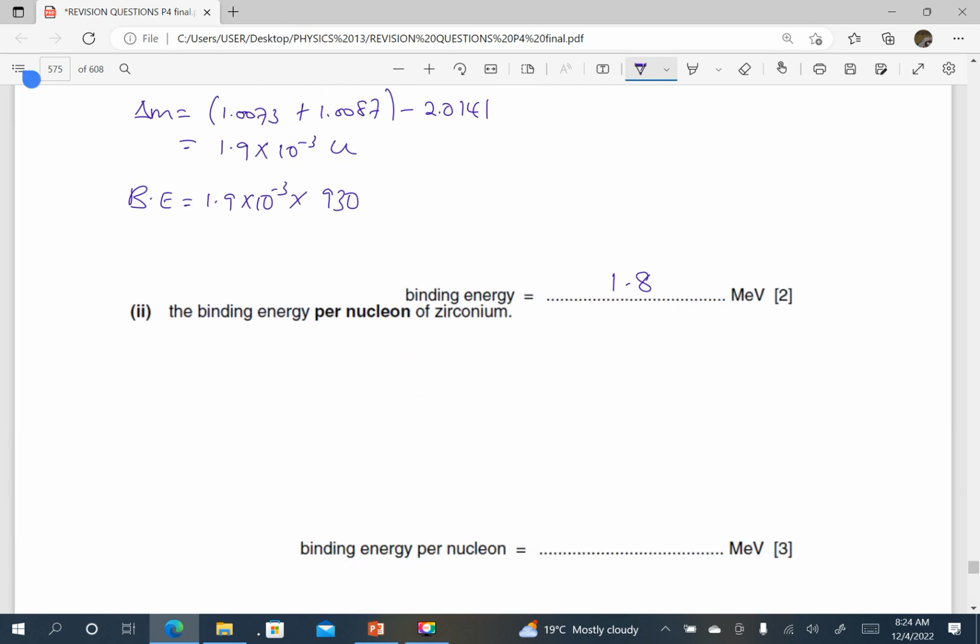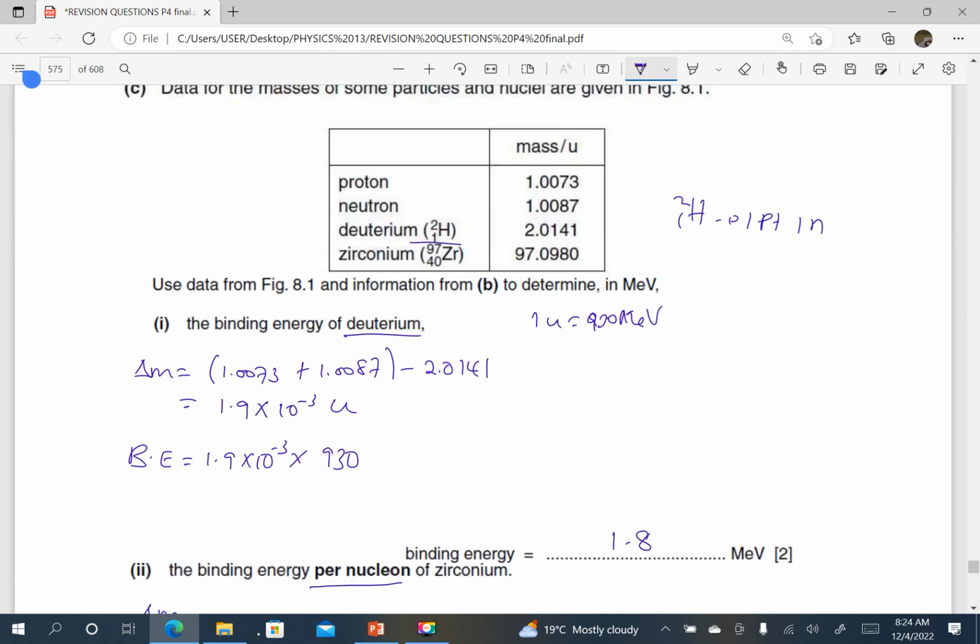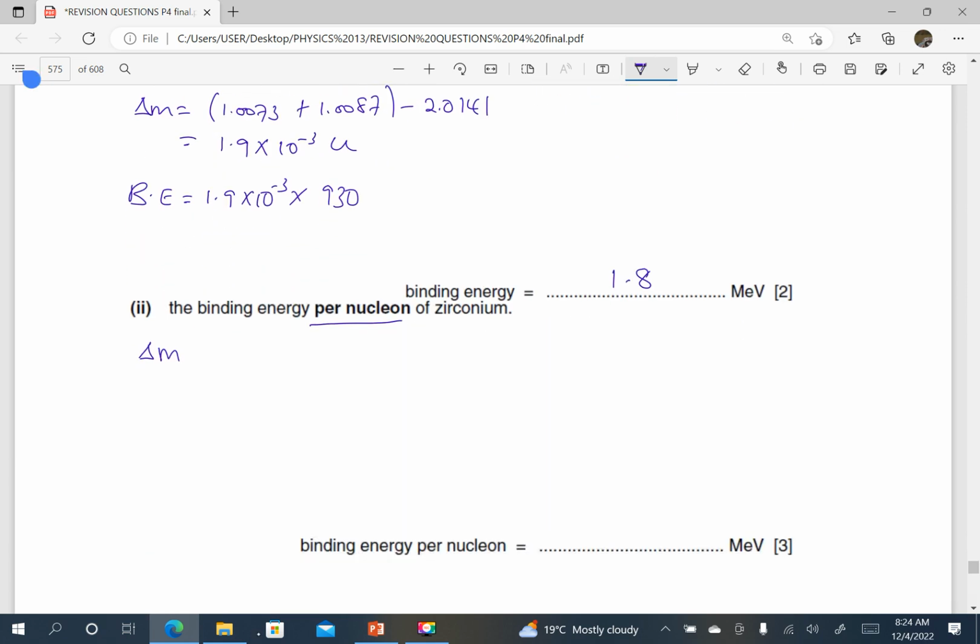The binding energy per nucleon, that is easy, of zirconium. So we first of all find the mass defect. Zirconium has 40 protons and 57 neutrons. So the mass difference is going to be 57 times the mass of one neutron, which is 1.0087,